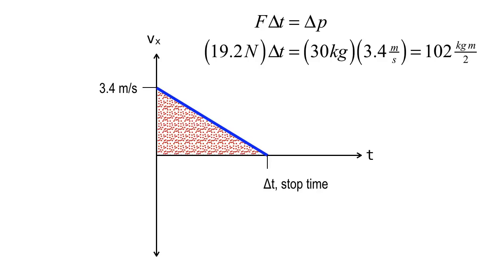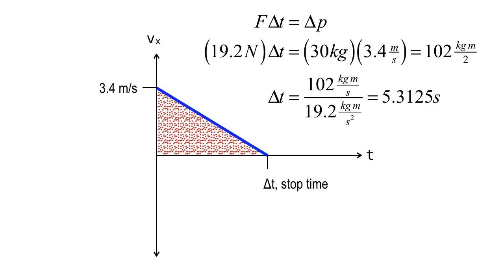So solve for delta T, as we've done before. Anybody got an answer on that one? 5.3. Anybody verify over here? Okay, good. 5.3125. Good, that's what I've got. And then, okay, now you can write that down over here for your velocity triangle. And now you have base times height times 1/2. Triangle is 1/2 base times height. So the base is 5.3125, and the height is 3.4. So 1/2 base times height.